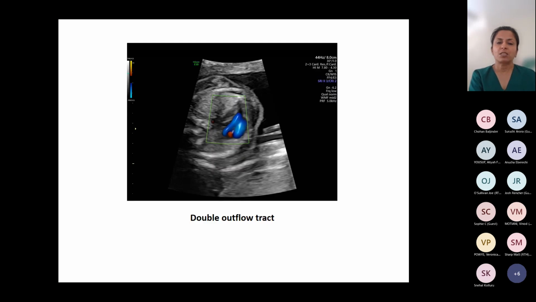Okay. This is a picture of double outflow tract. Now, again, you don't have to try to understand this, but I'm just showing that instead of the two large arteries, the two great arteries, crossing over as they come out of the heart, they are lying parallel to each other. And just take my word for it, they are doing that. But this is a surgically correctable condition, and babies obviously, sometimes these babies can be born in